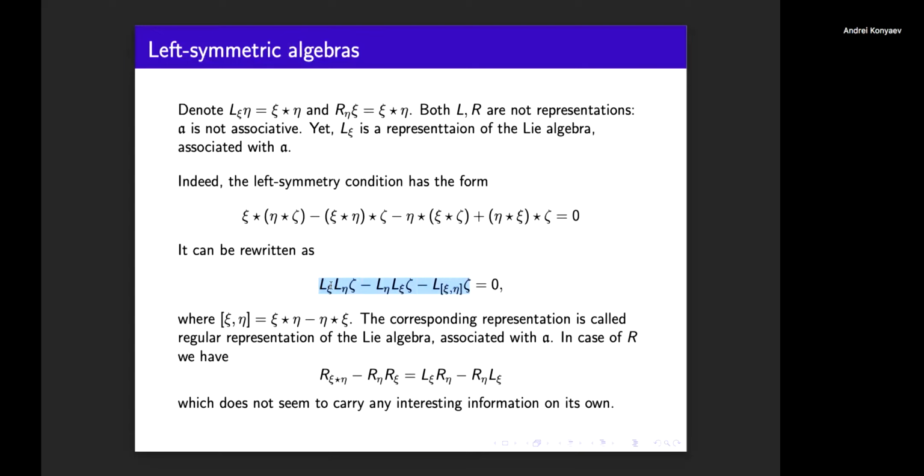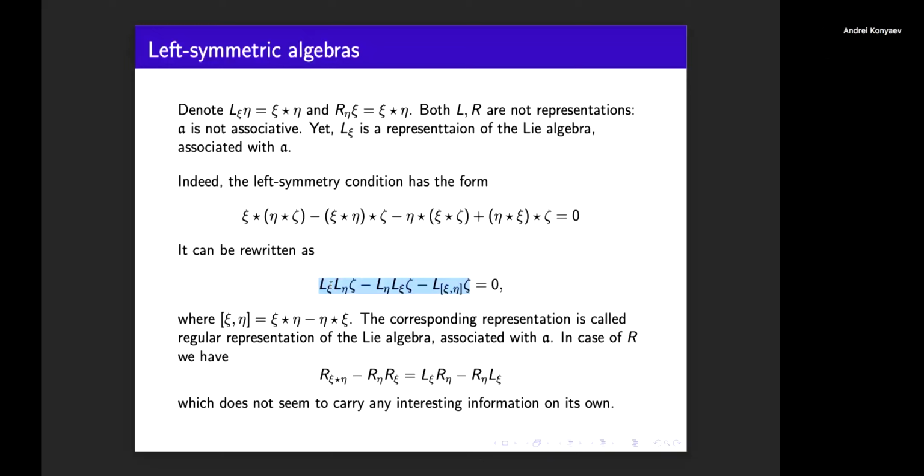When I say action, I mean you have a family of operators which are defined for each element. And we see that because of the left symmetry condition, these operators possess a nice structure,